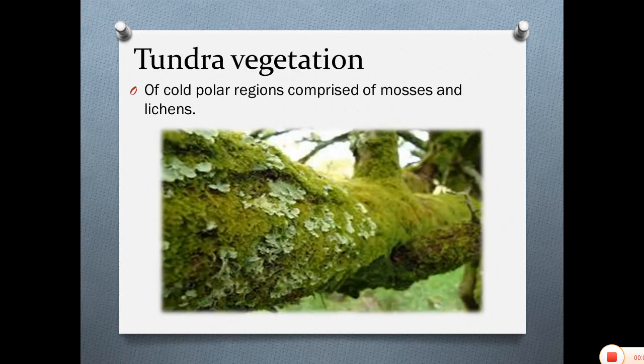The last one is tundra vegetation. When we come to this particular region, it is closer to the poles where the temperature is very low and the amount of sunlight available is short of around, say, 6 months in a year. So in this area you will find there are mostly two types of plant communities surviving here, called mosses and lichens. This green patch which you see here is the moss, while the light green patches which you see here are the lichens.